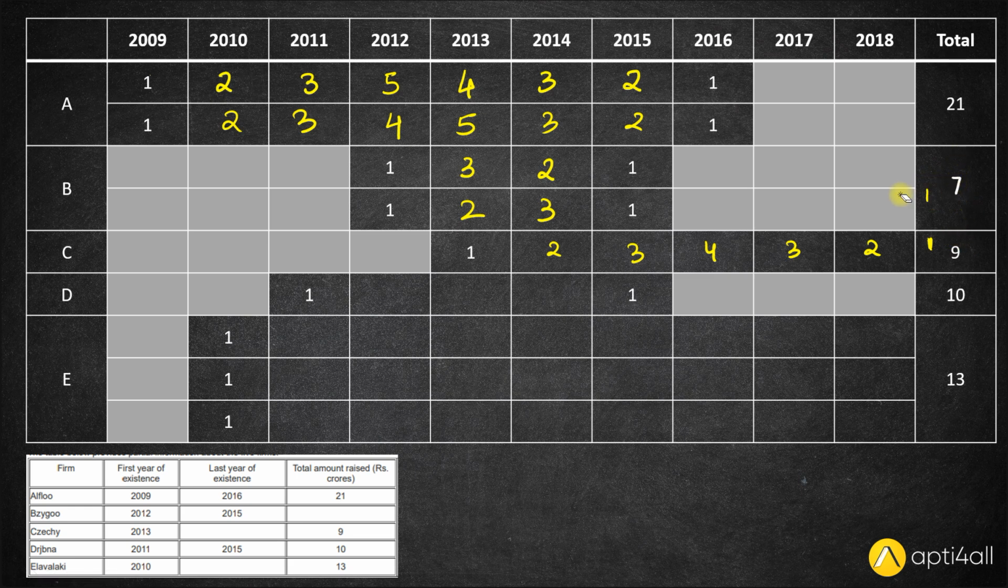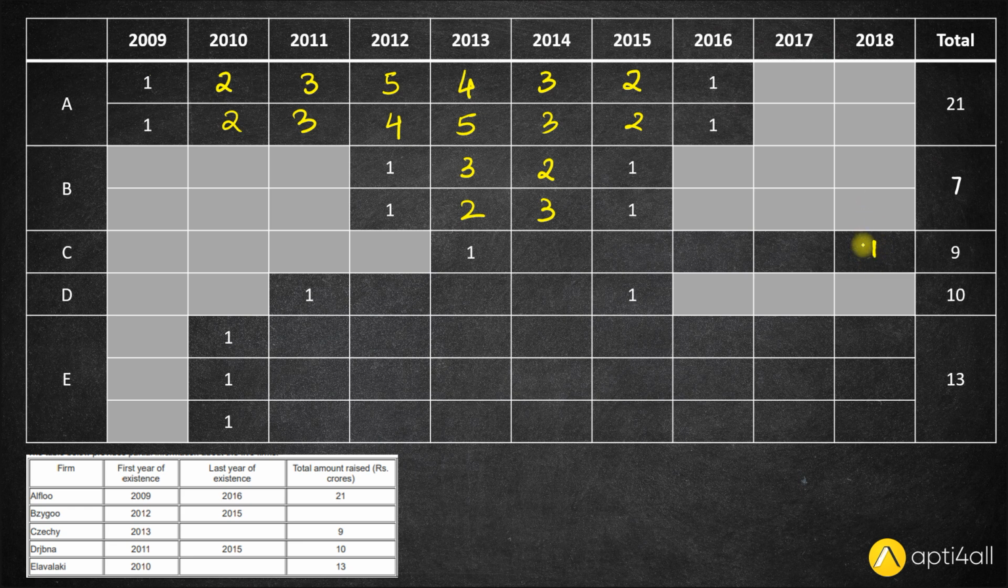So it's not possible for the company to close down in 19 and even after 19. If the company closes down even after 19, the total amount raised will exceed 9. So the company closes down in 18 or before 18. Let's see. If the company closes down in 18, as in the last year is 18, so it will